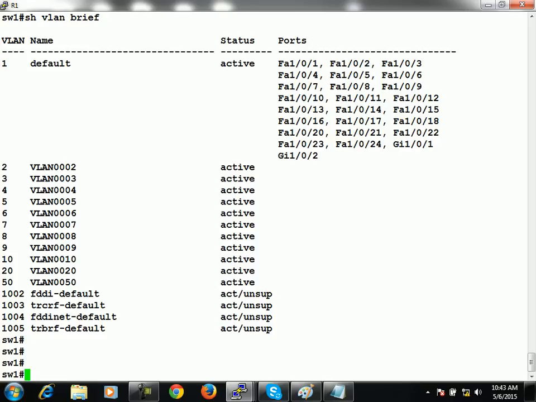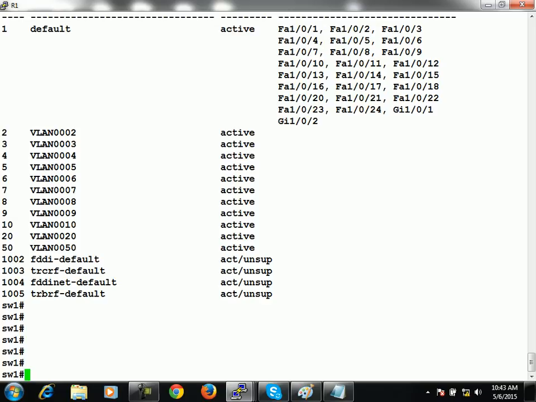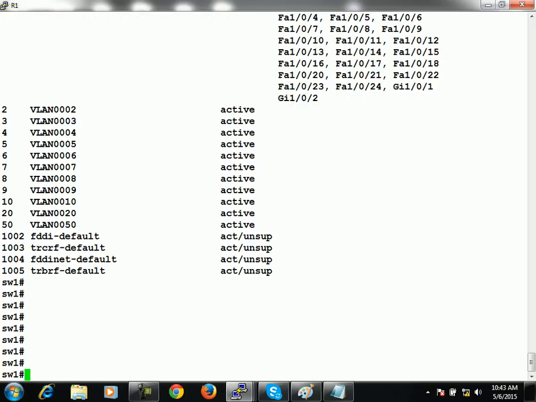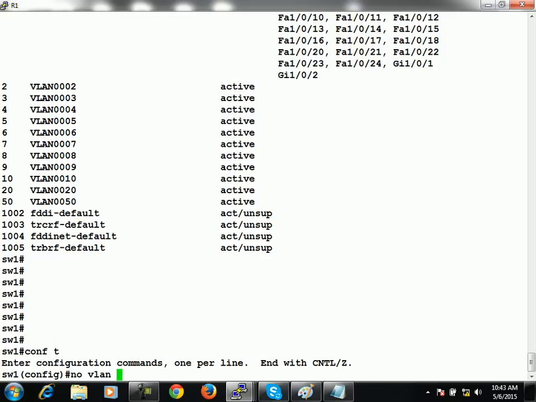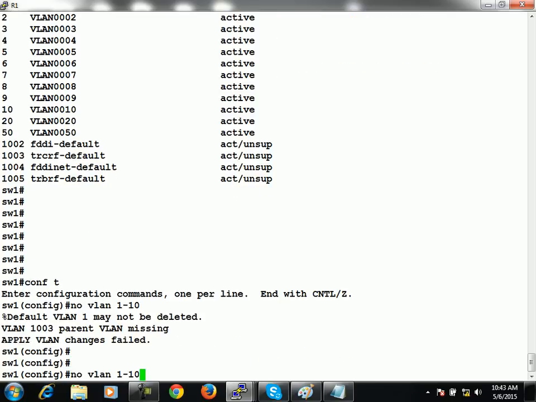Yes. Okay. Then after what can we do? I actually wanted to show you the impact of VTP pruning. So let me tell you one thing here. First of all, no VLAN 1 to 10 or VLAN